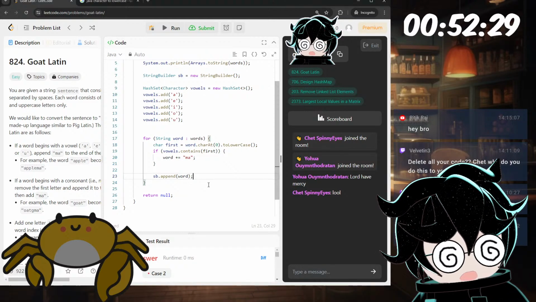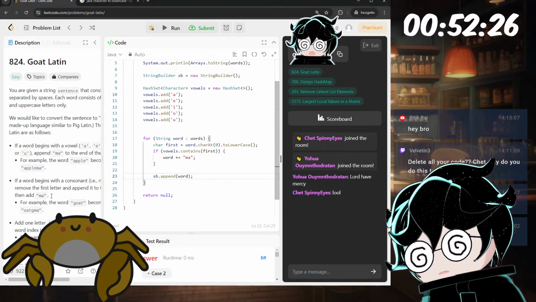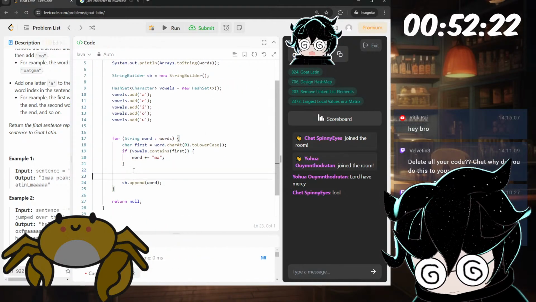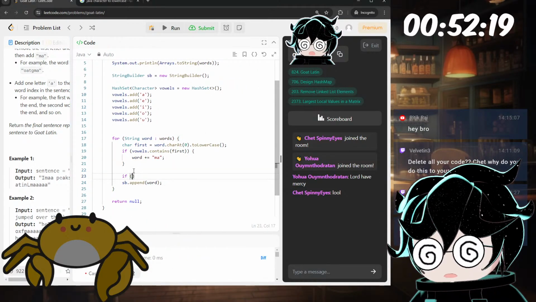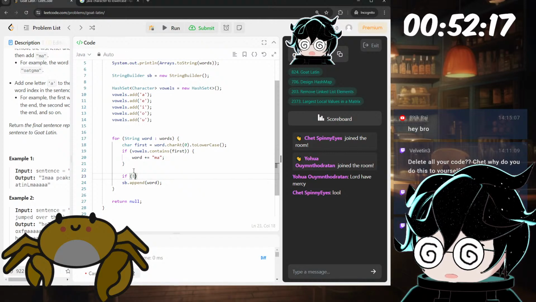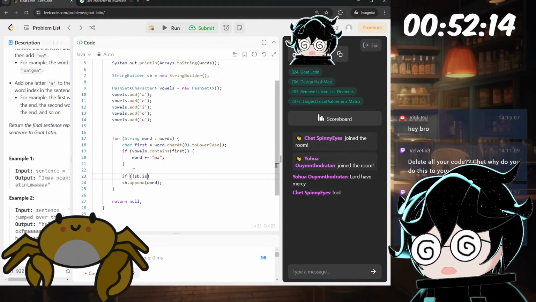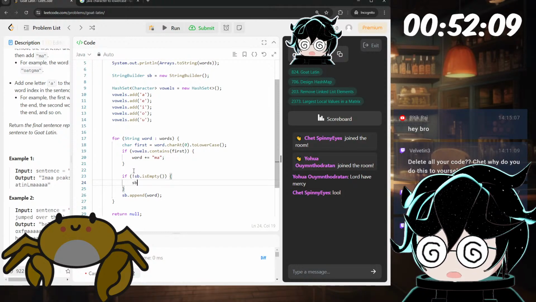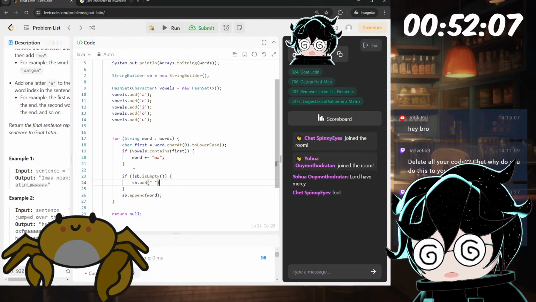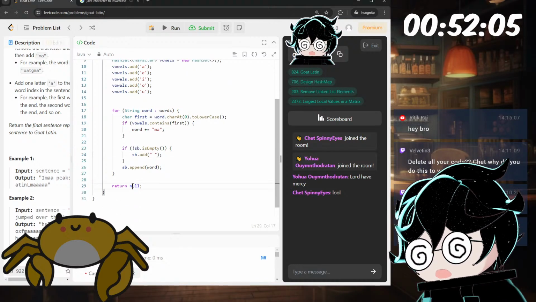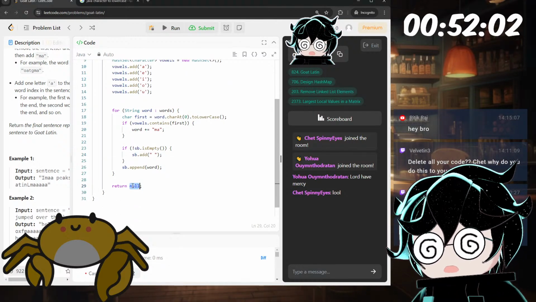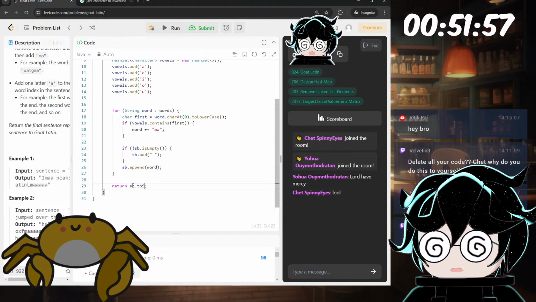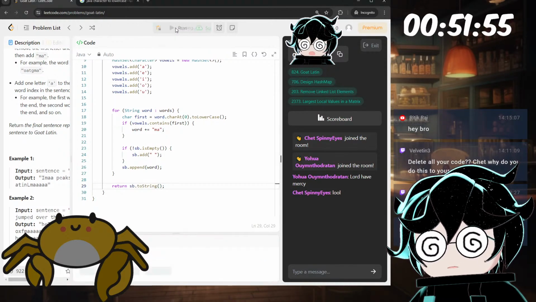Do we have to take care of spaces too? Yeah, we do, don't we? I guess if not sb dot is empty, then add a space. Yeah, okay, we'll take care of spaces like this. Let's do a sanity check and make sure we process our vowels correctly. So sb dot toString, that's what we return for now.